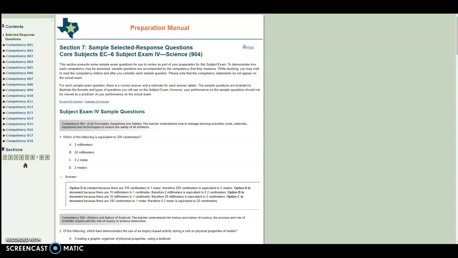Now, we have had some students say that they have purchased materials from other sites, and that's perfectly fine if that works for them. As advisors and as a college of education, we cannot really refer you to another site or recommend any other study material because this right here is proven to be the best tool for you to use when studying for your